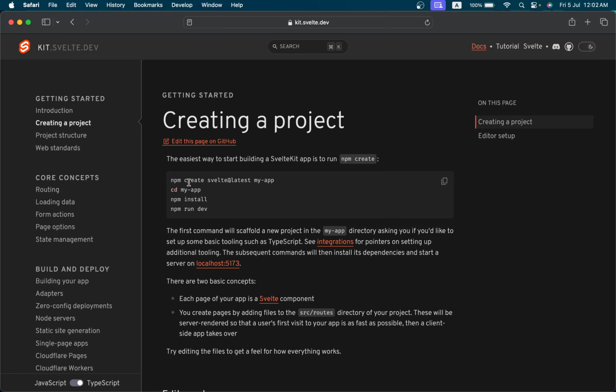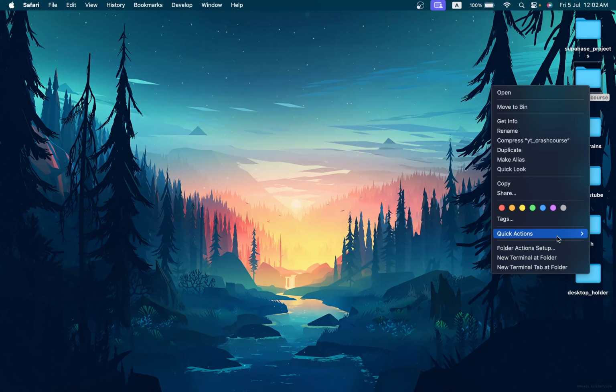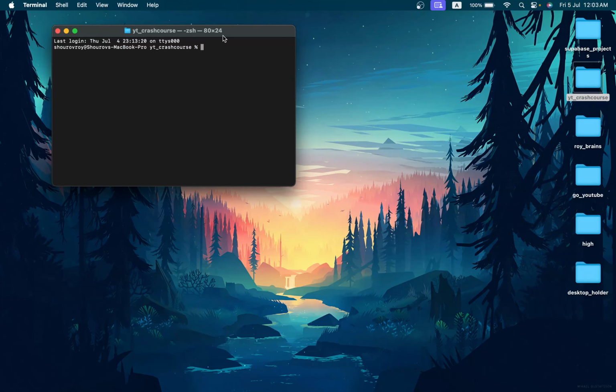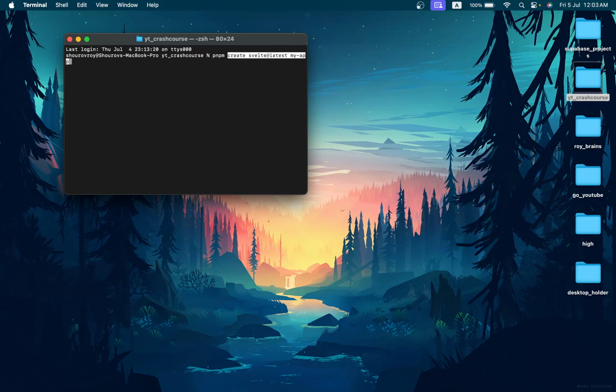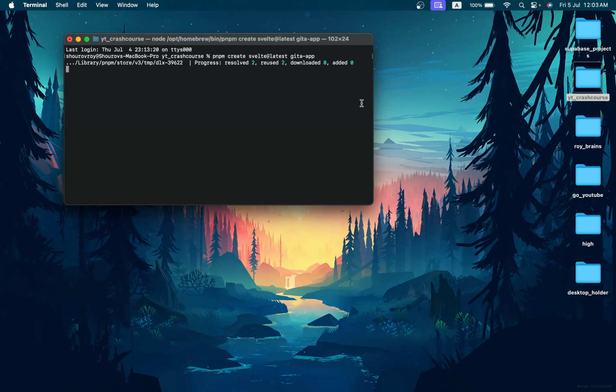We're going to use pnpm instead of npm. So let's copy it, and here is a YT crash course. I'm going to create this application inside this directory. So let's run the command. It's going to be a little bit of a lazy kind of thing. That's why I'm going to name it Gita app and let it